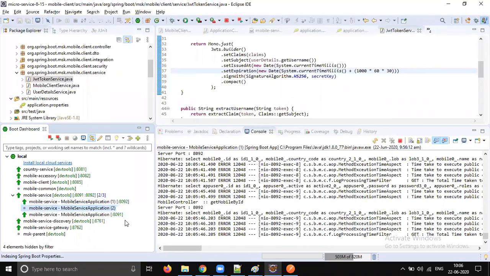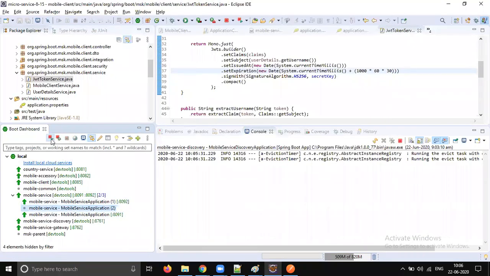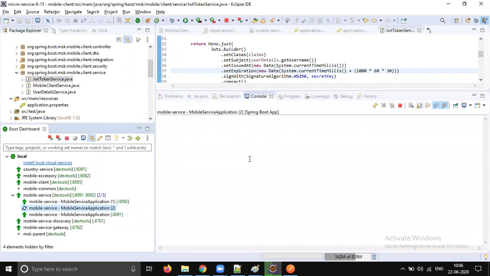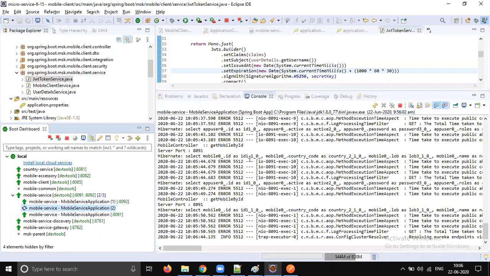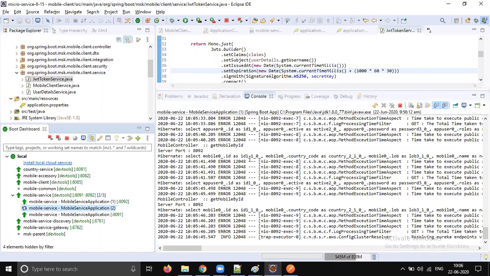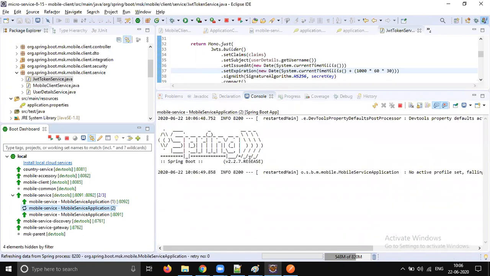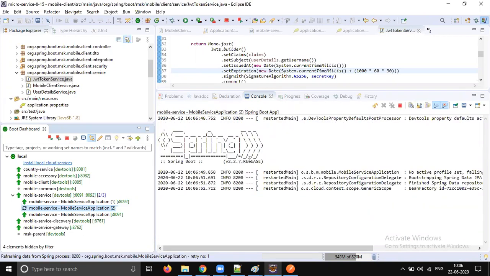Apply, close, and quickly spin up that instance. Now we created one more instance of the same type. You don't need to do anything. It will be automatically taken care of by your Eureka and Zuul gateway, load balancer, and service discovery. Yes, one more service is spinning up. It will take some time, one to two minutes.